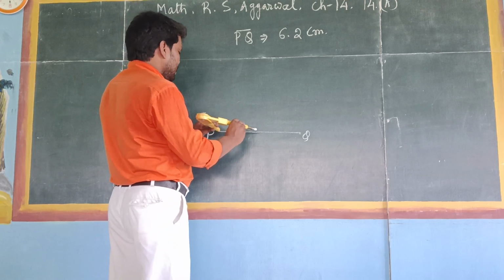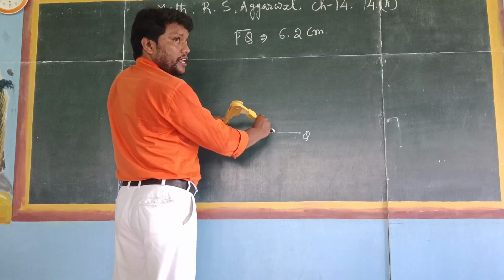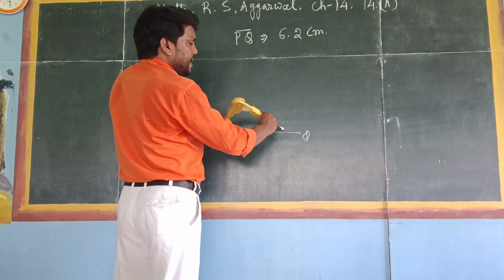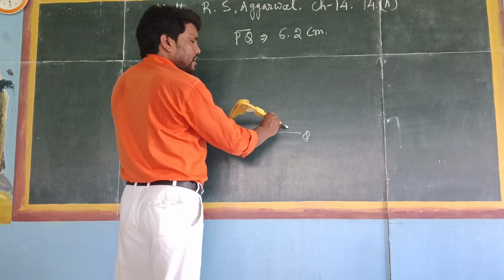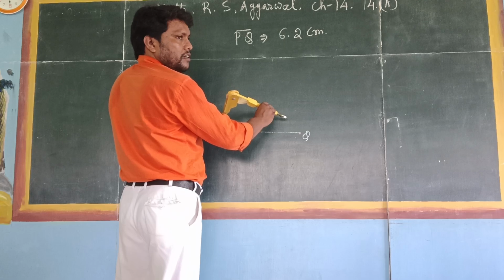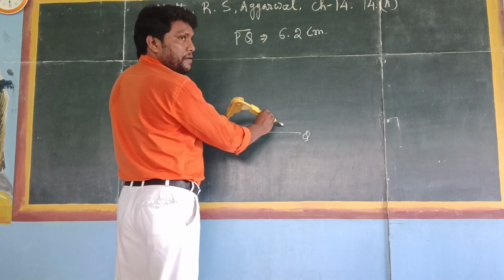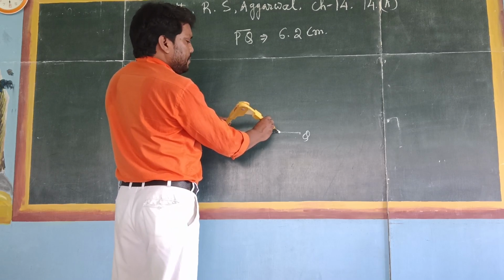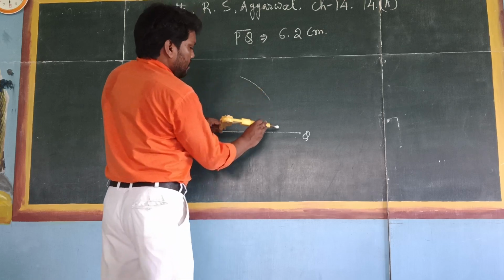Take more than half of the radius. If you take other measures, it is also correct, but look at your copy where it is suitable, where it can be drawn clearly. Now I have taken more than half of the radius, cut here,